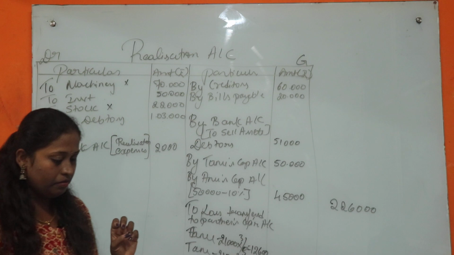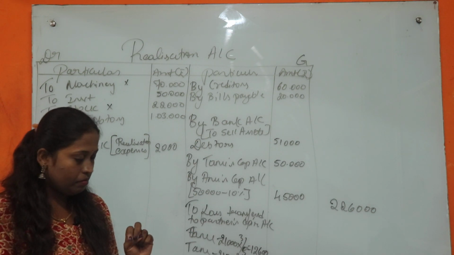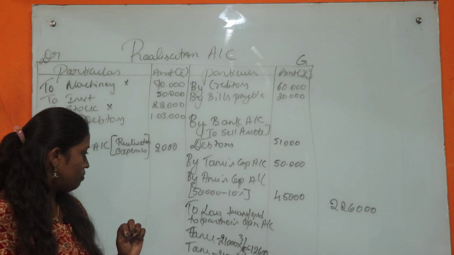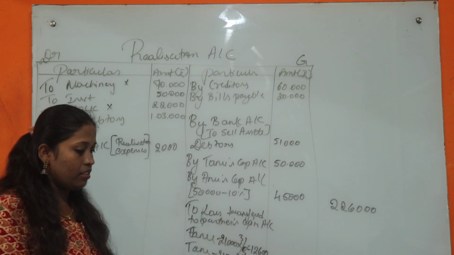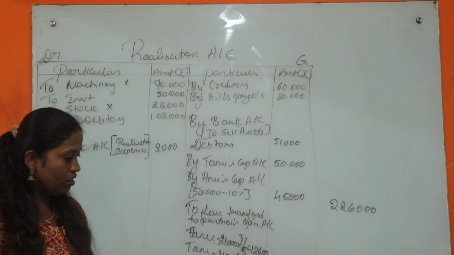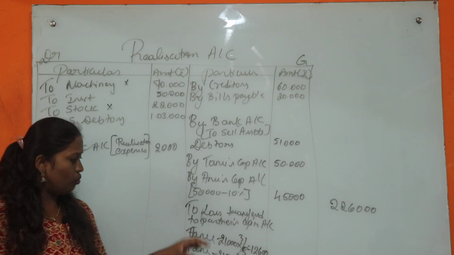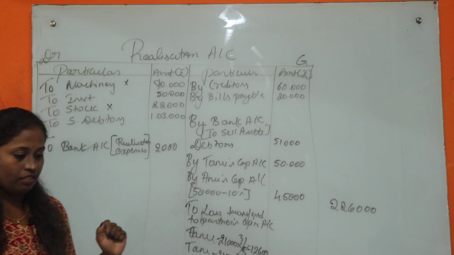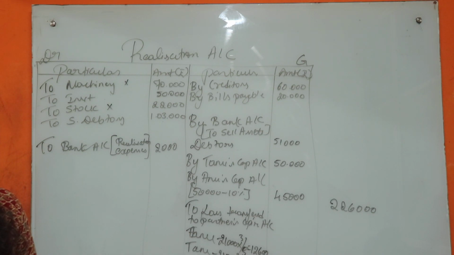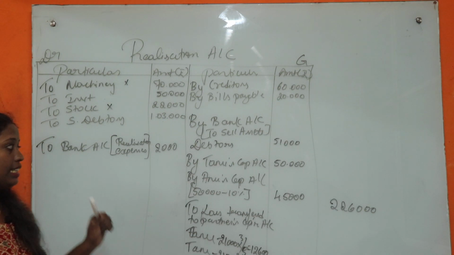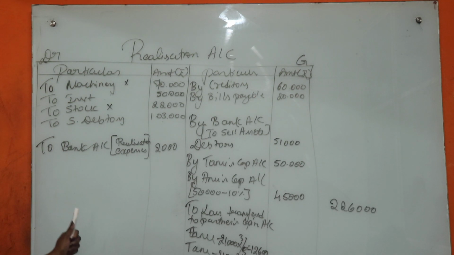Yes, Vaibhav. Ma'am, can the loss transfer account relate to the partner's capital account? To loss transferred to partner's capital account. So can we just write partner's capital or should we write loss transfer? No, you will write it as loss transferred only. Understood? Any doubt with this? Please take a pic for right now. I'll do the partner's capital also, then we can take it up. Do it on your own, that's a better thing.